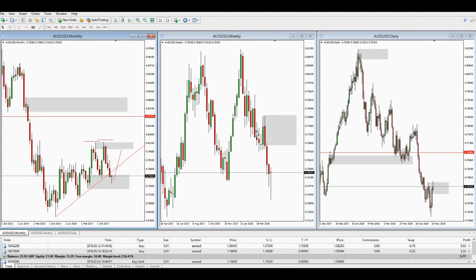This is the supply level on the weekly that could cause that to reverse. What we haven't got is a close below this pivot low, so it's not as strong. Okay, it doesn't mean it won't work, it's just not so strong. But it could be any of these levels actually. Price could turn to the low side.